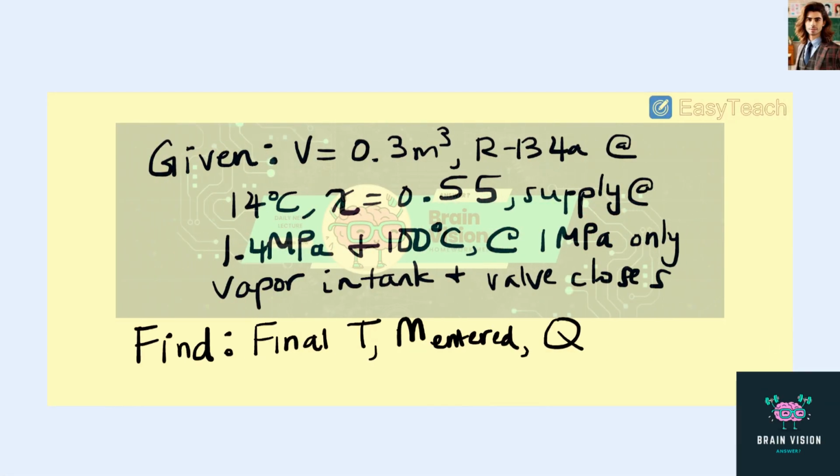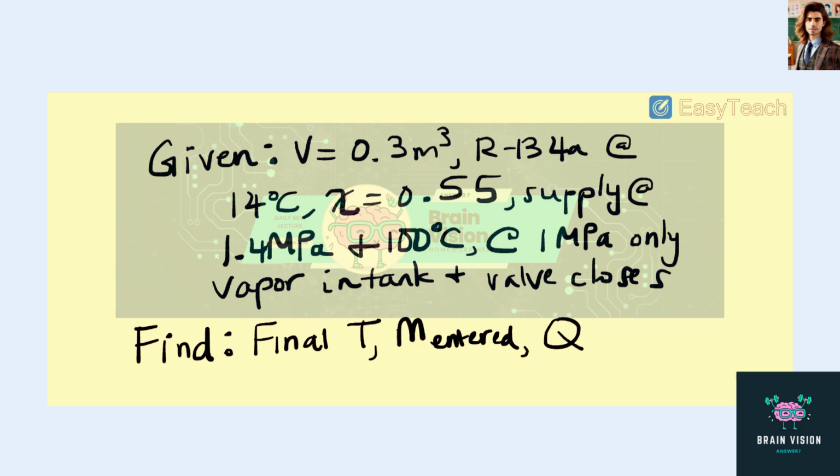So what we have is a 0.3 meter cube volume tank containing R134a at 14 degrees Celsius. 55% of the mass is in the vapor phase and the rest in the liquid phase. So we have a quality of 55%. And we have a supply line that's at 1.4 megapascals and 100 degrees Celsius. And we know that at 1 megapascal inside this rigid tank, there's only vapor, and then the valve closes to